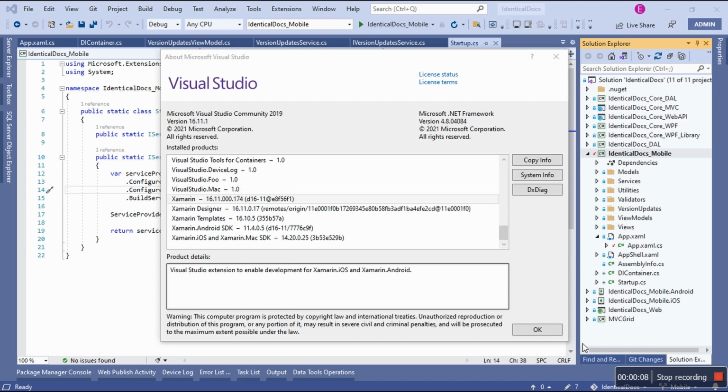So let's get down to business, shall we? Okay, I have Visual Studio. Apologies for my voice because I have new neighbors moving in right now. They might be a bit noisy, but I also try to keep it lower, but nevertheless I need to do